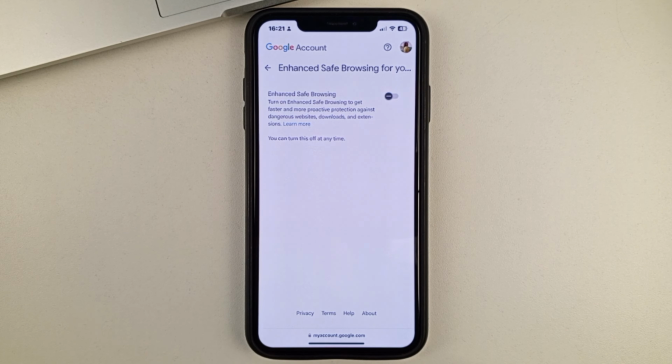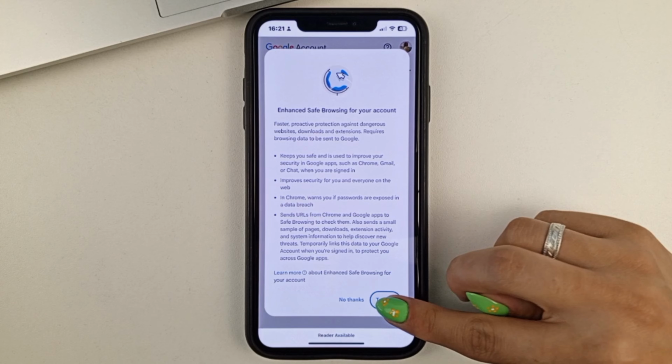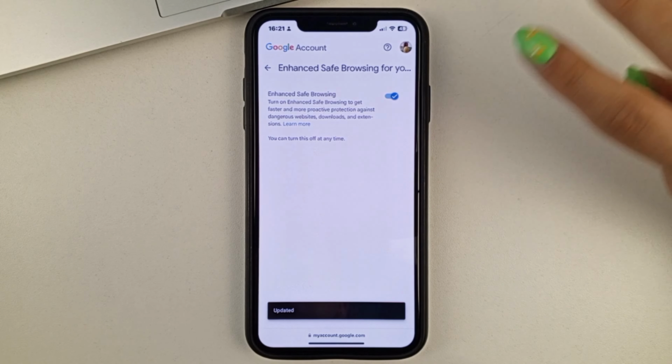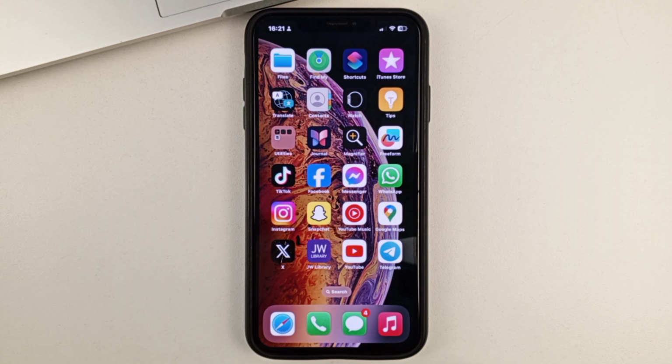And as you can see, at this point, Advanced Safe Browsing is disabled. In order to activate it, you just need to turn this feature on. And as you can see, in literally 1 second, it's already active. And your Google or Google Chrome account is already much safer, because now Google will check all the sites you will go to and will warn you about the danger.